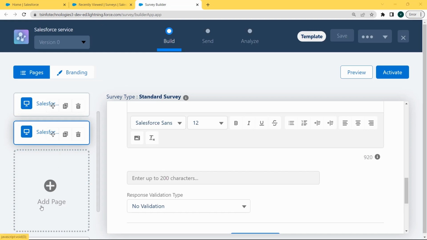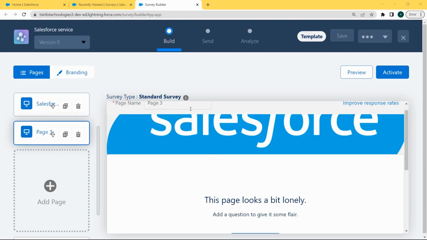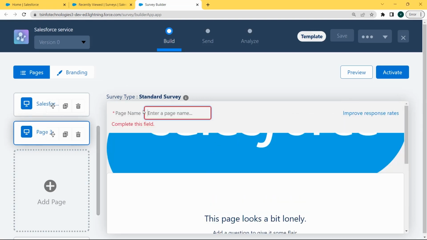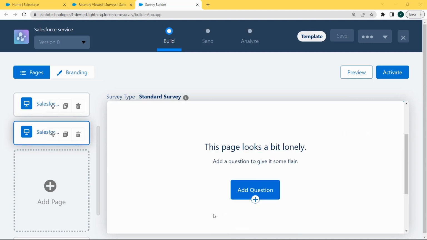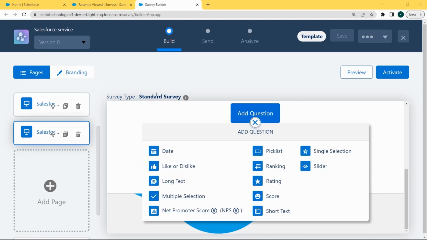Now again clicking on the add page option, the new page is open. Firstly add the page name, that is Salesforce product feedback, and this page is related to the feedback. Then click on the add question option, from where we can select which type of question we want to create.